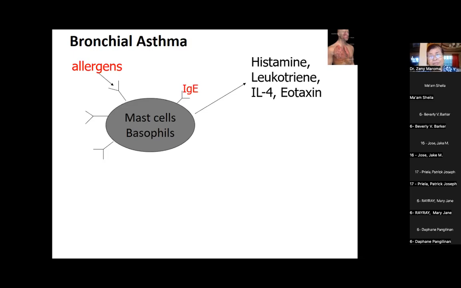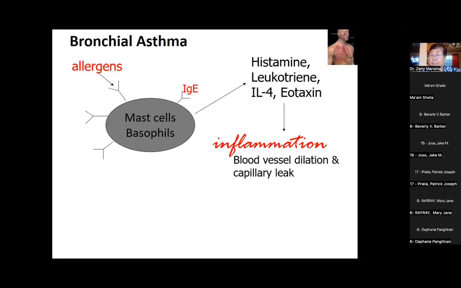So upon exposure to etiologic agents, this would cause tissue injury, and the injured cells release chemical mediators. What are these chemical mediators? No? So these are histamine-like substances. Histamine, leukotriene, bradykinin, IL-4, interleukin, eotaxin. These are chemical mediators. These are